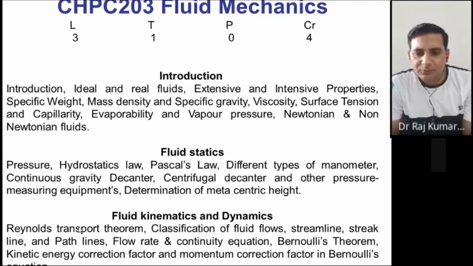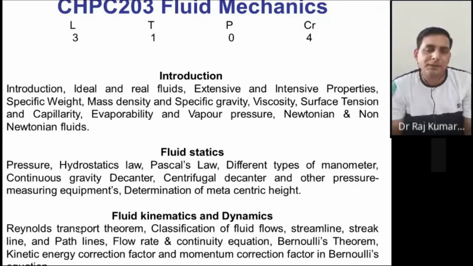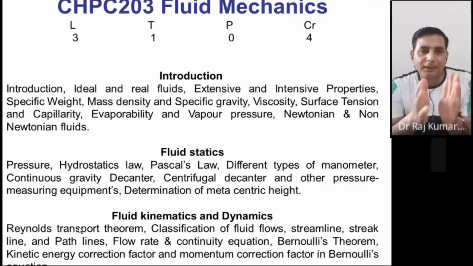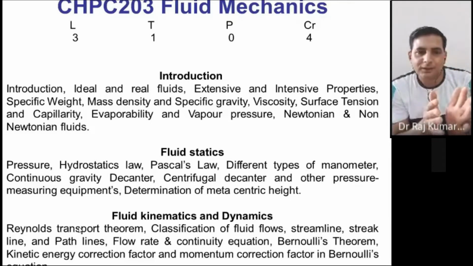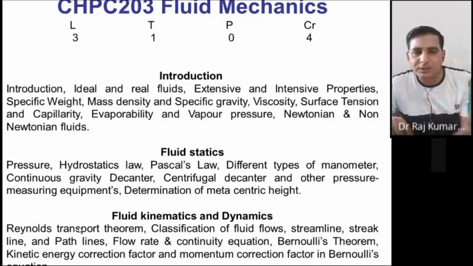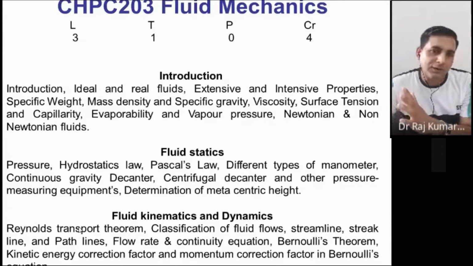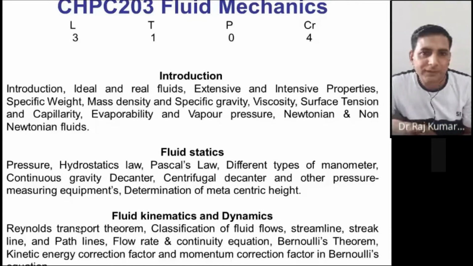Then you have flow rate. Flow rate is nothing but the volume per unit time. Then you have the continuity equation. Continuity means that mass is a conserved quantity. So whatever mass has entered at one end of a particular vessel or container, the same has to go out, right? So the total mass coming in from all control surfaces and going out from all control surfaces must be equal. That is just conservation of mass. That's called continuity in fluid mechanics.